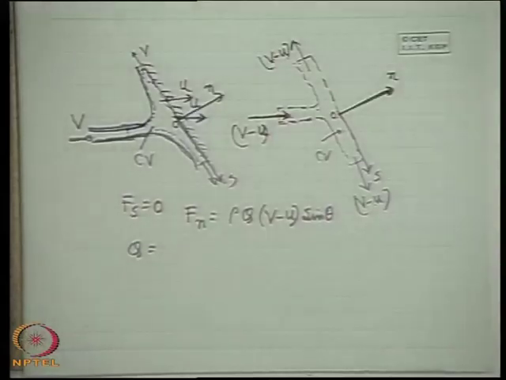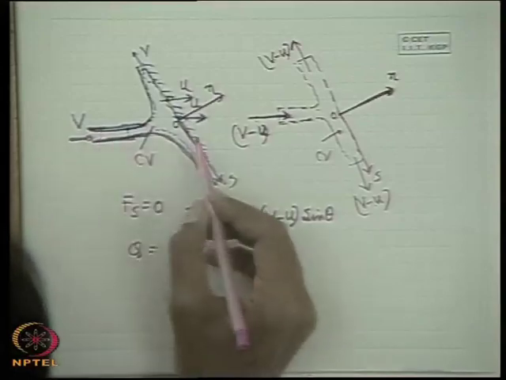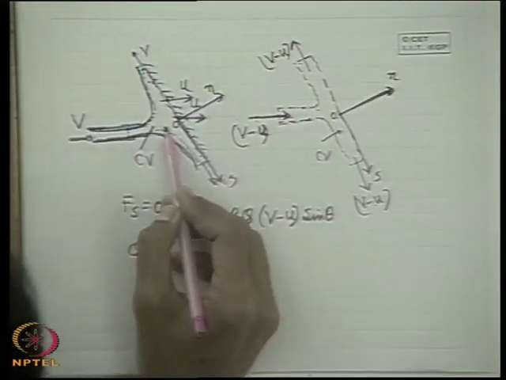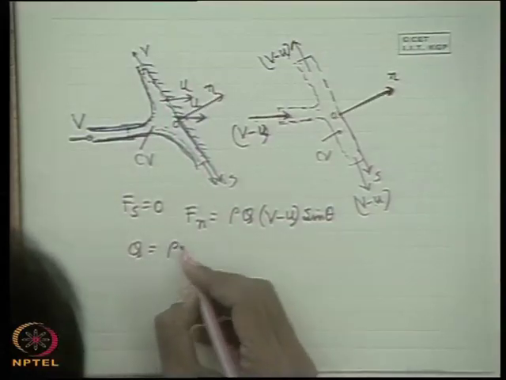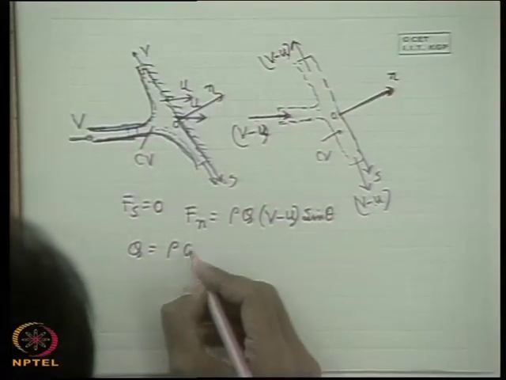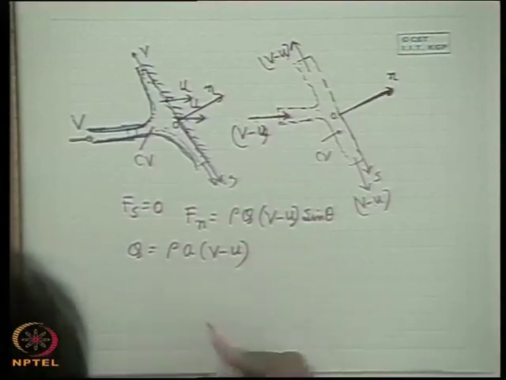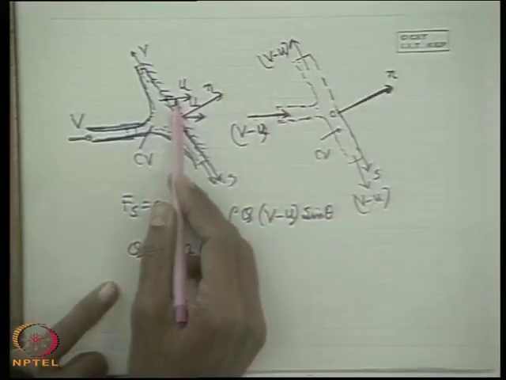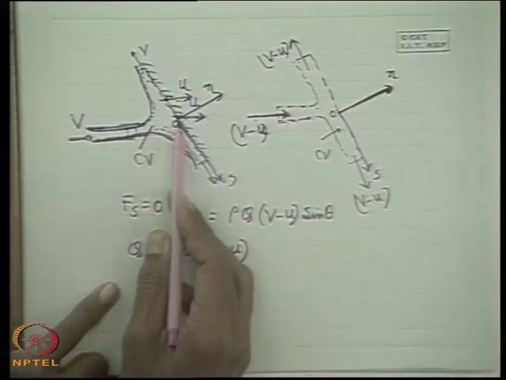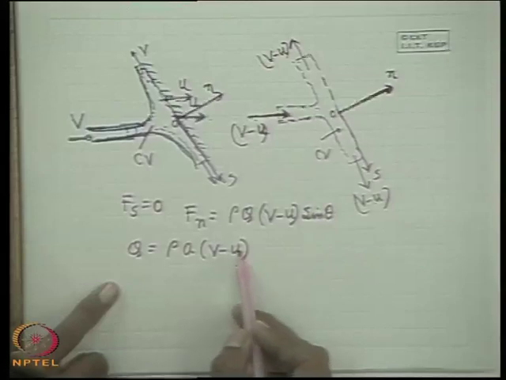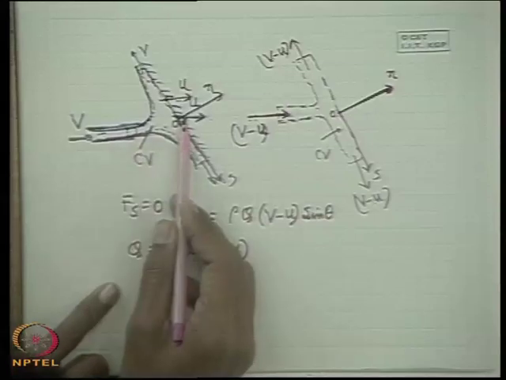But here you tell me, even if the nozzle issues the velocity V, how much jet water, or how much flow rate, is received by the moving plate with velocity u? If A is the area of the cross section of the jet, it will be A into (V minus u). And obviously, when the velocity of the plate is equal to V or more than V, the liquid will not be able to impinge on it. The limiting case is u equal to V. If the plate moves faster than the incoming jet velocity, the jet will never strike the plate.